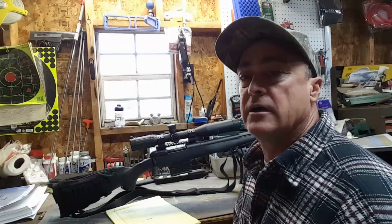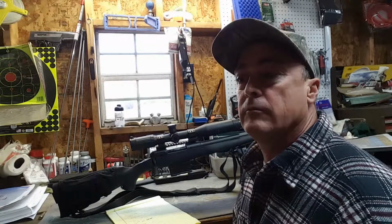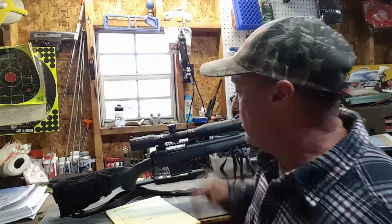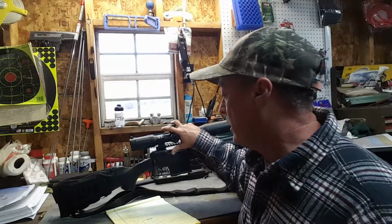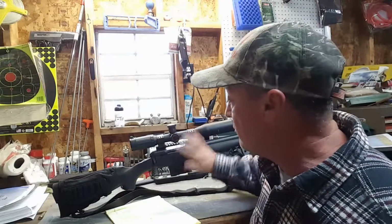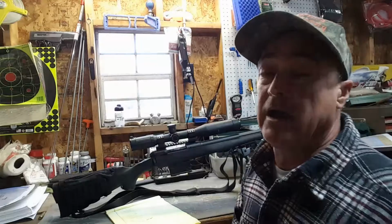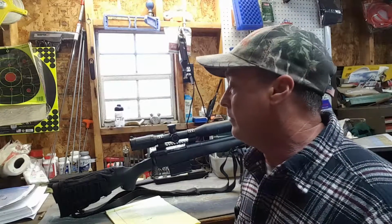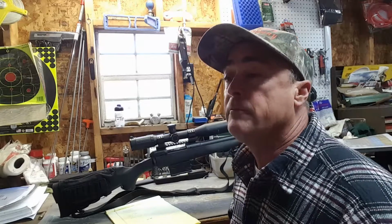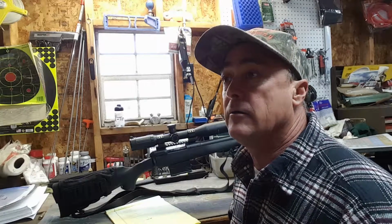Today I am discussing the third in my series of my approach to long range shooting on a limited budget. Now I'm using the Savage 10 FCP-SR. This is a police sniper rifle. The reason I have chosen this particular rifle and this caliber, which is 308, once again, in my discussions with you,